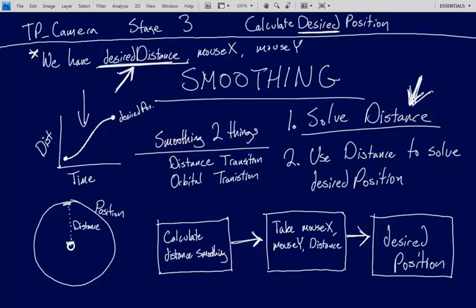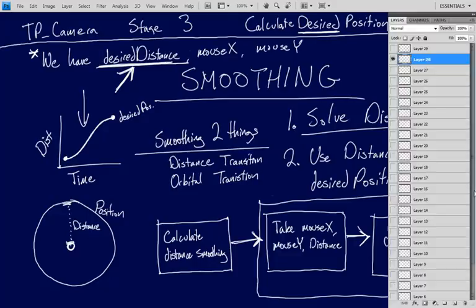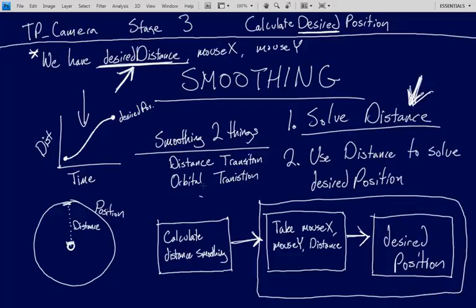Right. Don't worry, though. We're not done making it interesting just yet. This step right here, defined by these two blocks, where we take our mouse X, our mouse Y, and our distance and calculate our desired position, this is actually going to be handled in its own method. This is where it starts to get funny. We're going to create a method simply called